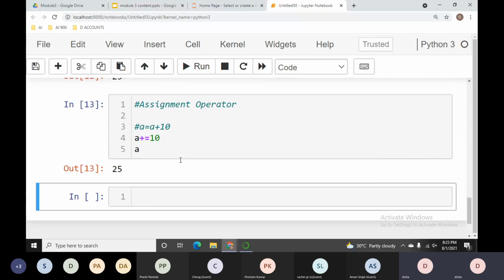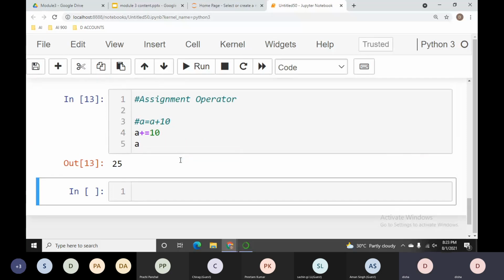Is the answer correct or not? Anyone want to share here? Answer is correct because A is already assigned 15. No, what was A?